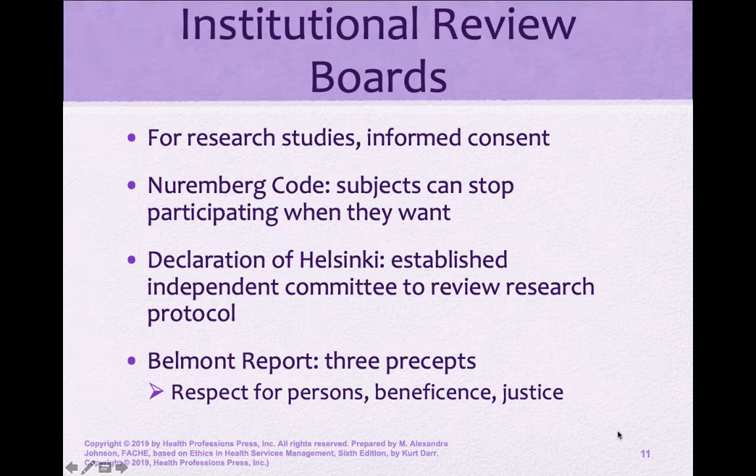The one document that it's typically called the Common Rule, based on the Belmont Report, really talks about these three precepts: respect for persons, beneficence, and justice. And all of those must be met in order to move forward with a study. So we need to have respect, we need to show beneficence, and we need to show justice in our work in order to move forward. It's a very simplified version, but that applies to any study that involves a human subject.